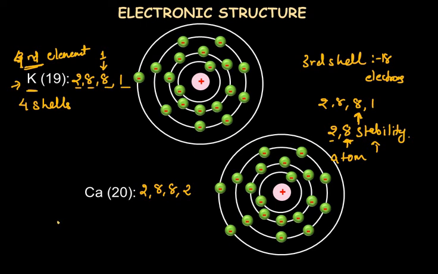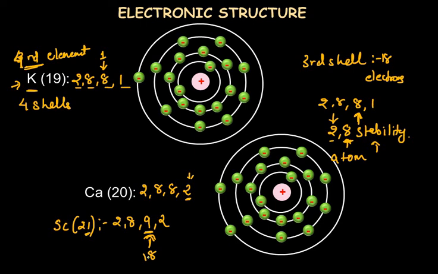But just for your knowledge, let's share the electronic structure of the next element also, scandium, which has atomic number 21. Now what about this? The outer shell has 2 electrons, and as I said, 2 electrons give stability to the atom. So now the 4th shell is also stable. So what is done in scandium is 2, 8, 9 and 2, meaning the last electron, the 21st electron, is again filled up in the 3rd shell, and this will continue till the 3rd shell gets fully filled with 18.